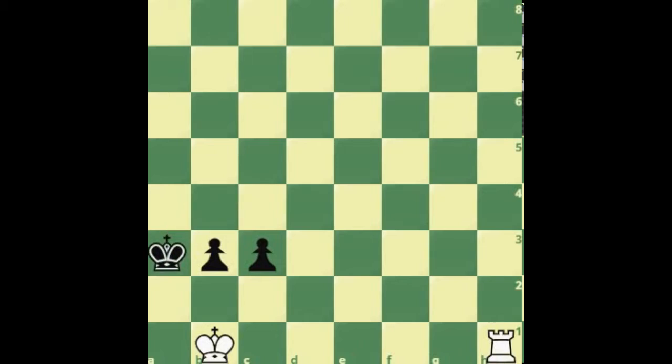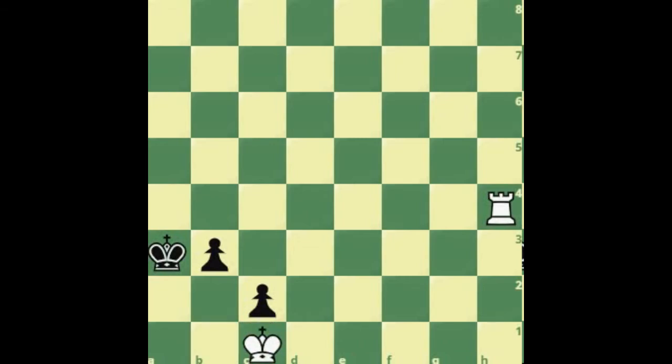Now this one loses quickly. The best move is rook to h4 now. Right, so black cannot move his king up because of the rook, and he can only push his pawns. So for instance, let's try pawn to c2. That loses quickly. King c1, and now the only move that makes sense for the black player is definitely not